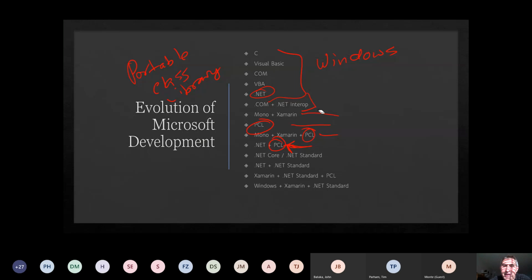So you can see just from all the lines on here, just try and figure out what was compatible with each other across all of this. It wasn't a thing. It was oftentimes going down a rabbit hole, and sometimes you just give up and say, well, you know what? I'm not going to target Windows. I'm just going to target iOS and Android because Windows won't support whatever I need to do with this PCL, so forget it. So cleaning all this mess up,